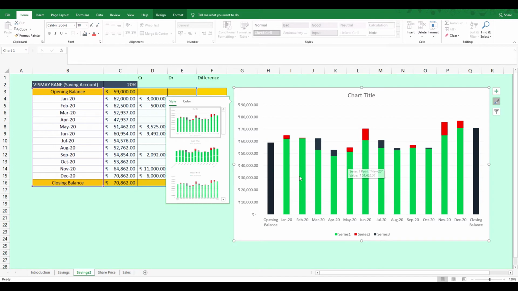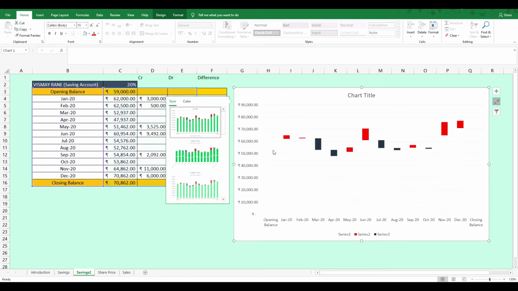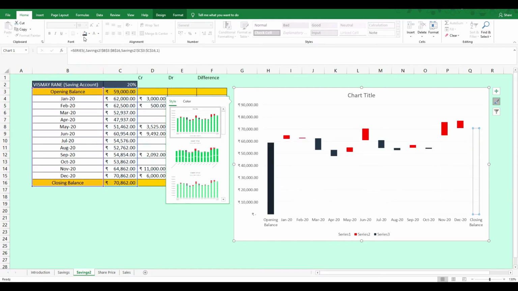Or else what you can do, you can first select all the bar graphs and say no fill. First do this step, then we'll select this, sorry guys, my fault, this bar graph, and then we'll color this and the last bar graph and we color it into this.